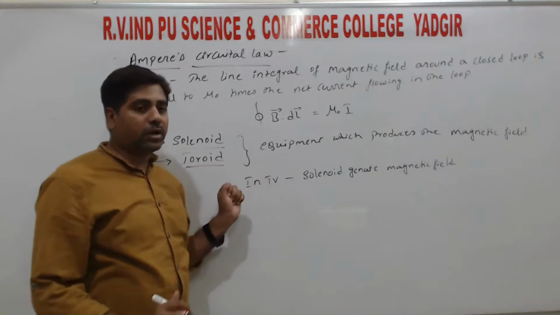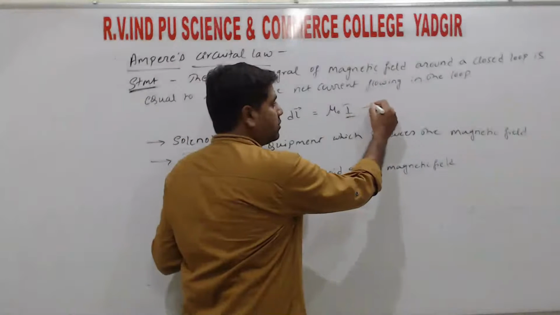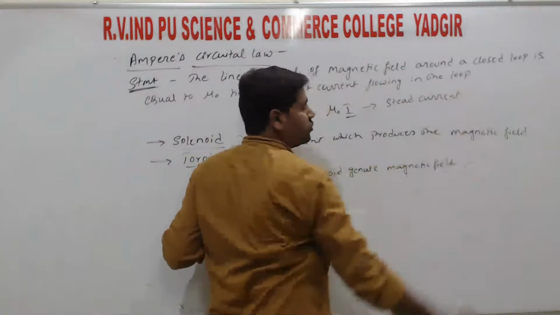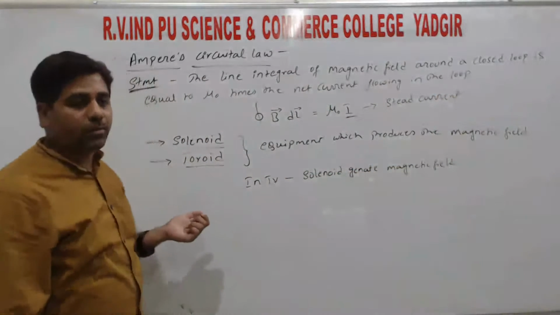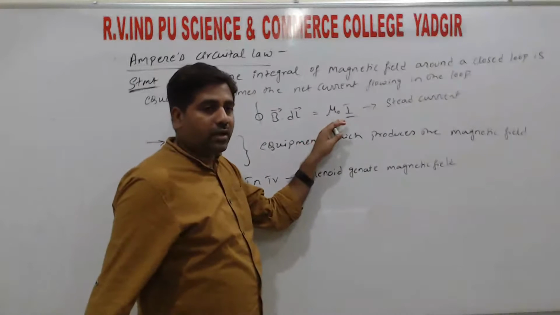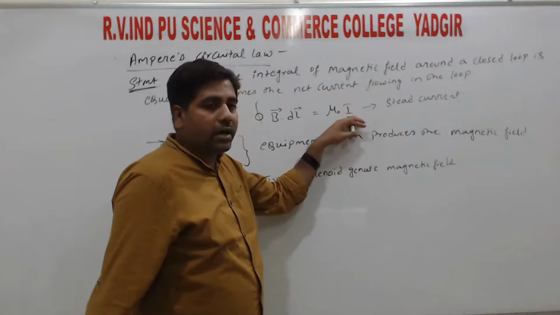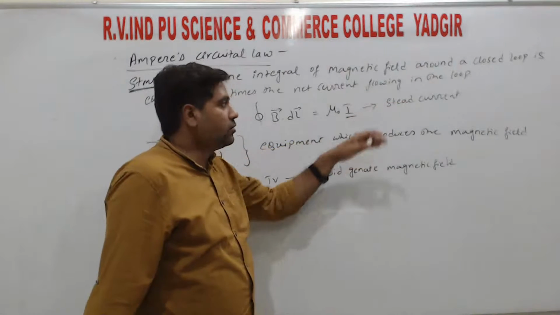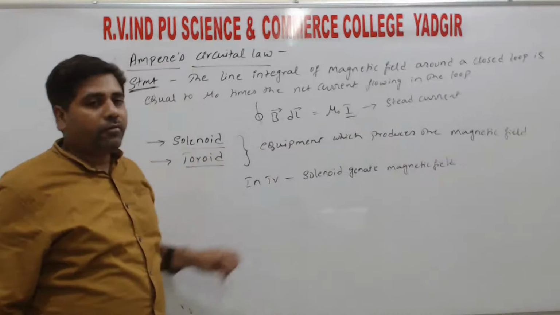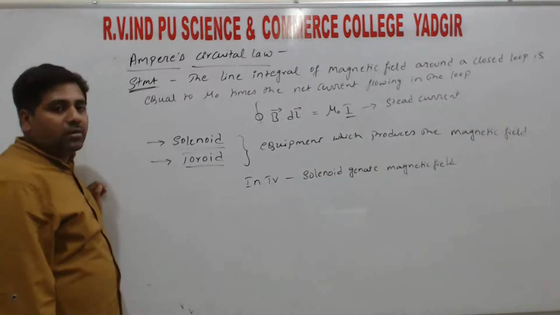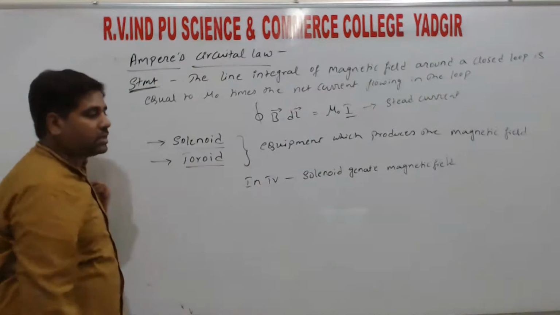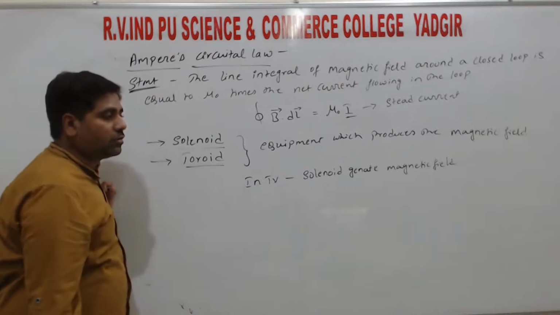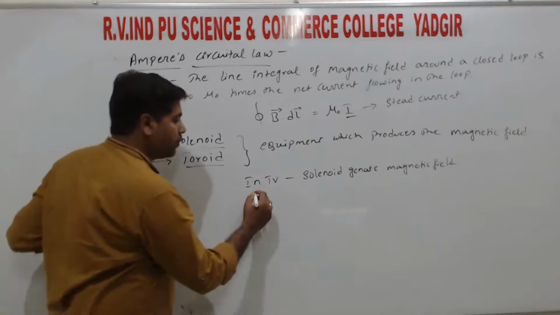So the current we have discussed so far is a steady current, that means direct current. In this current there are no variations, that means no increasing or decreasing. The alternating current we studied, we are not using here. The only current we are using is the steady current, right? If we use alternating current, again we get a different result. So the current we use here is steady current. In TV the solenoid is used to produce the magnetic field, and another one is